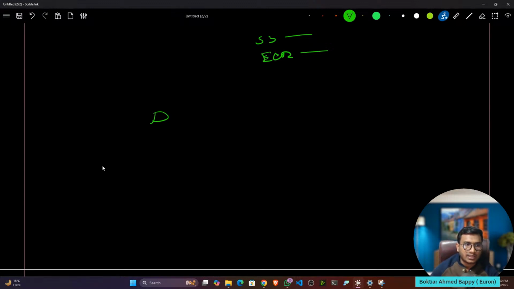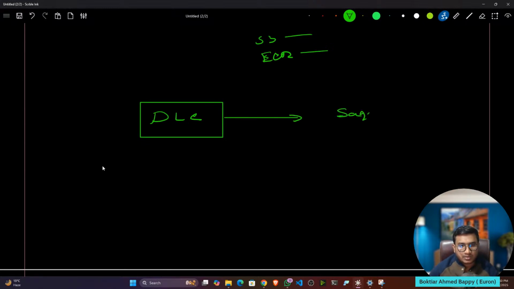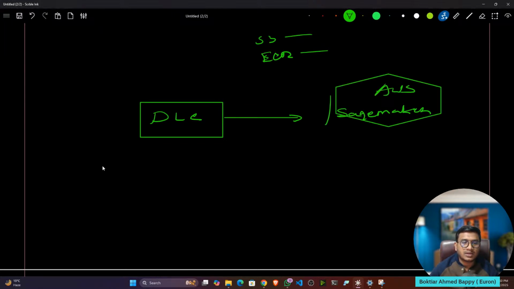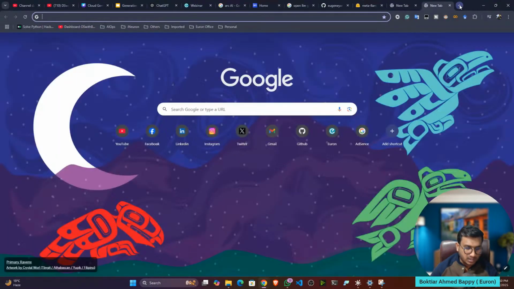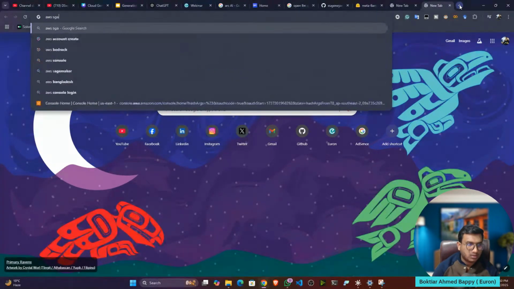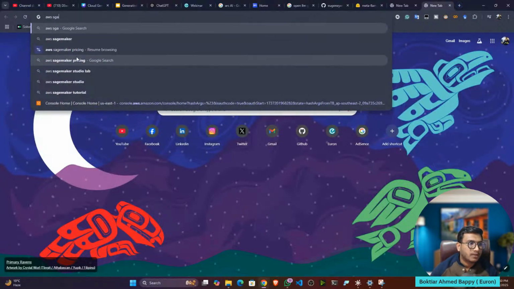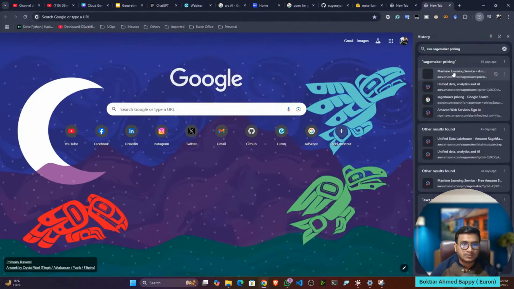There is a service called DLC, deep learning container. With the help of DLC you can deploy your large language model on the platform of SageMaker. There is a platform from AWS, we call it AWS SageMaker. So AWS SageMaker gives some instances, so let me show you. If you search for AWS SageMaker, and go to the pricing section,